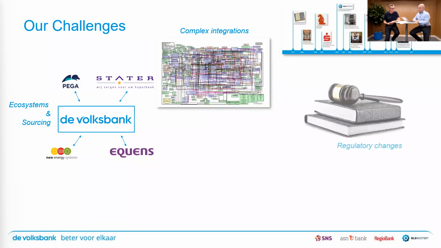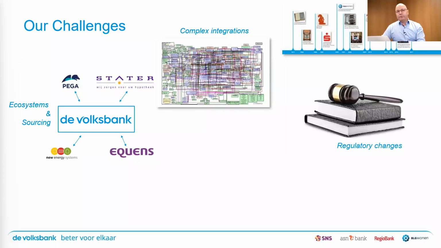And then the third part would be regulatory changes. We've seen in recent years, starting about 10 years ago, a number of frequent regulatory changes with progressively more impact over and over again. So the timelines are short, the impact is big, and the landscape is complex. That's a recipe for disaster, of course. We want to make sure that we get ahead of that game. And that's one of the things we need to solve as well. Well, we can't solve the regulatory changes, but how we deal with them is a different story, of course.